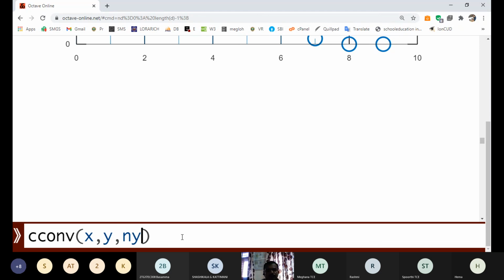If you execute this, you will come to know the result of circular convolution. I am just giving a hint: the 2A code remains the same, only the function name needs to change. Wherever required, replace conv by the circular convolution function with length. We need to perform this as an assignment. The second part, 2B, is an assignment for you.